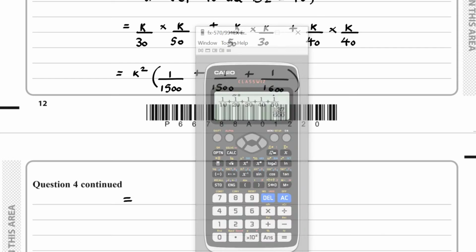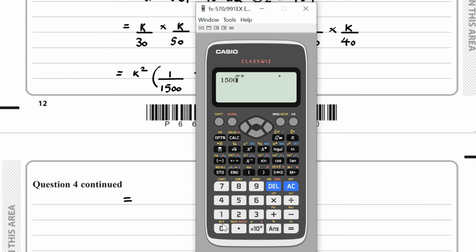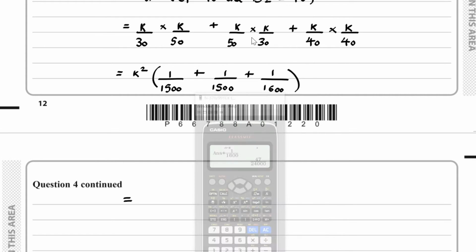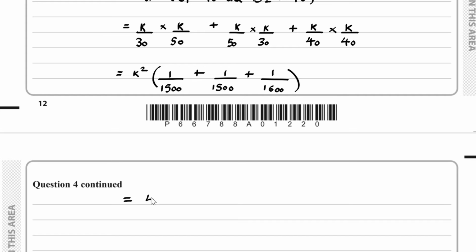So if I tidy all this up, we have 1 over 1500 times by 2 plus 1 over 1600. So here we get 47 over 24,000. So here we have 47k squared over